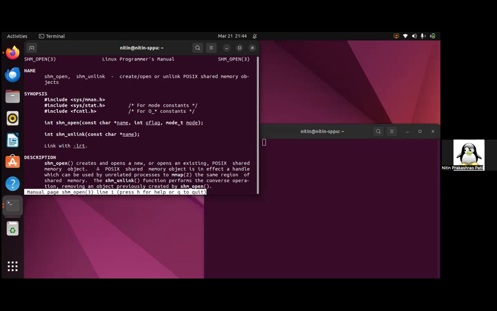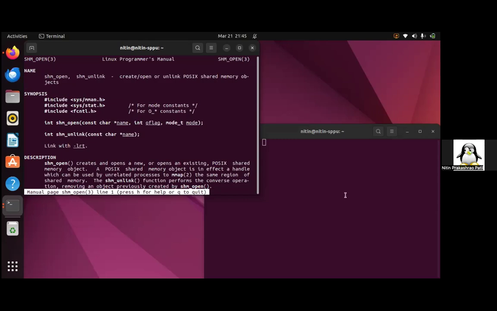Now what happens in our code is that the parent process would be calling shared memory open, shm_open, to create a shared memory object, and in the child process we would be giving access to this shared memory using the same name. So we have to add one name here, which is our first parameter, a constant character name. And while using this descriptor in the child, we would be making use of this name again. So